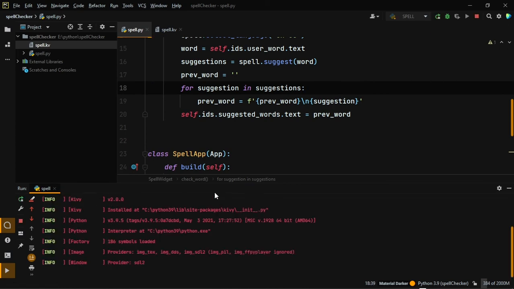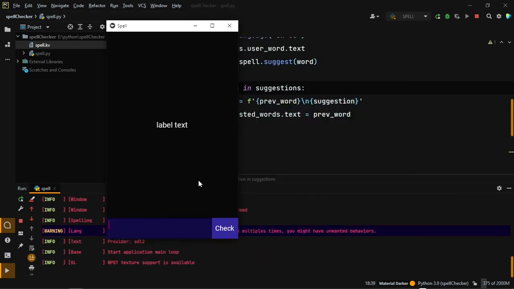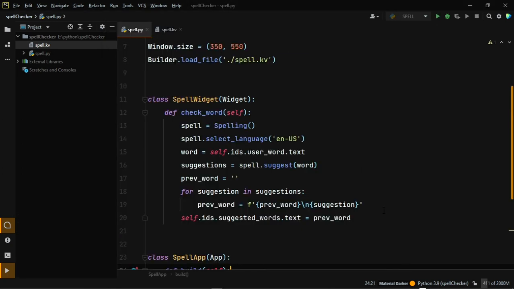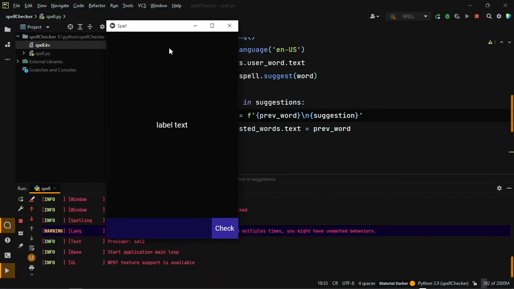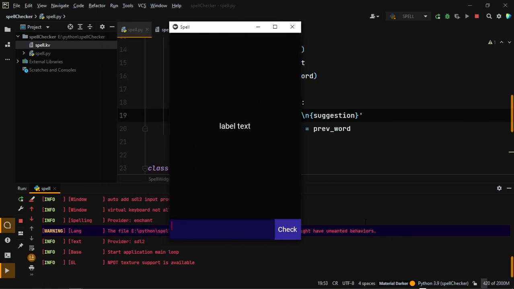So now if I run again and type bcase, and there you go, it's suggesting some word. Again, if I check it, it's suggesting me what. Okay, so our spell checker is almost complete, but if you notice, it's just using its default